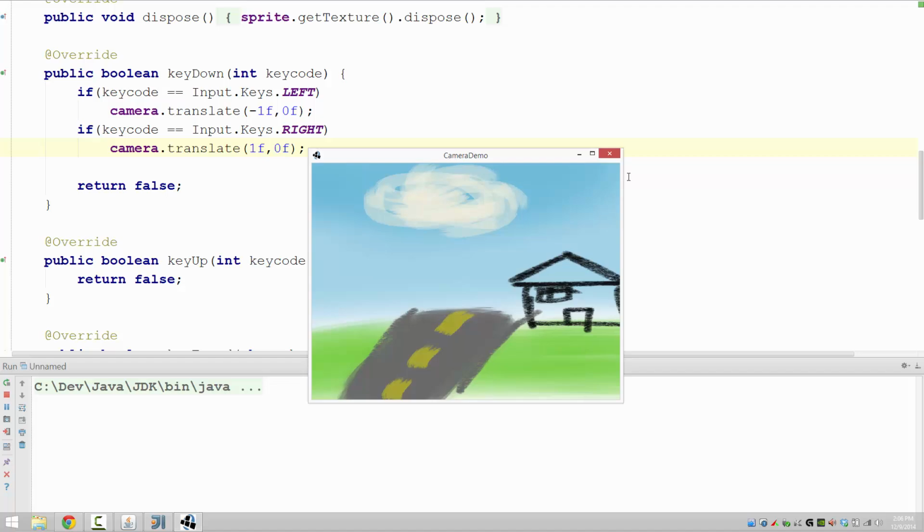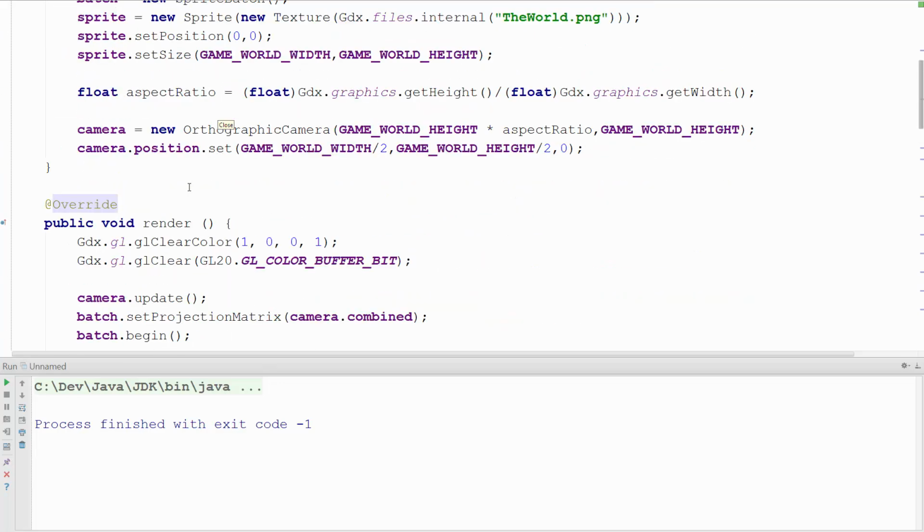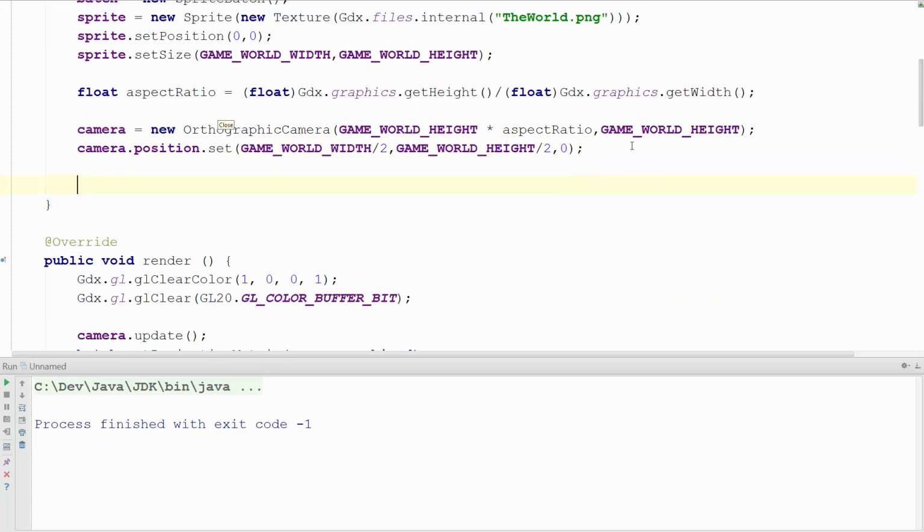Now if I hit, alright, lots of mistakes today. I'll go back to my crate, and we actually have to register our input processor. So, alright, now when I run it,